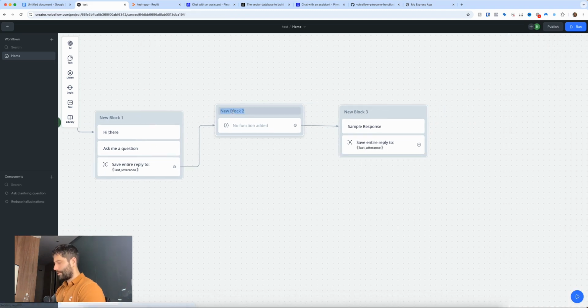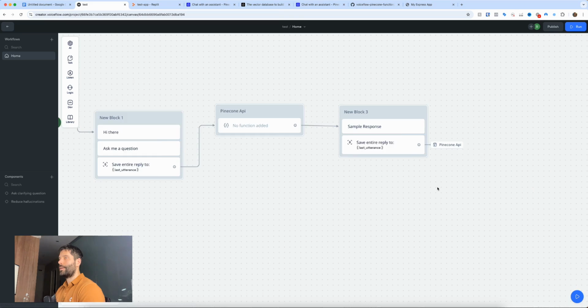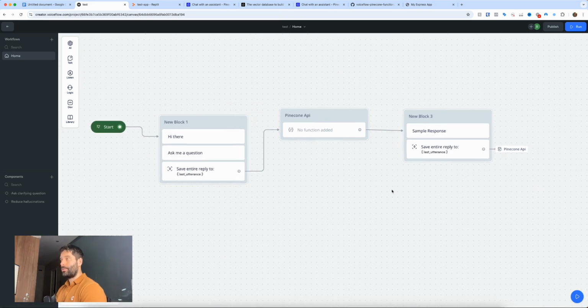And then for this block, this will be the Pinecone API block, and we're going to feed this directly back into the Pinecone API so we can have a continuous conversation. So let's go to actions, go to block, and go home and find that Pinecone API. So this is a very basic flow for us to use. We'll still build this out, but I actually just want to install this into our web page and just see